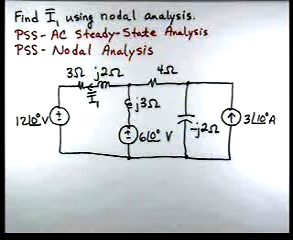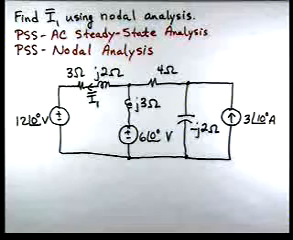In this problem, we're defining the current I1 using nodal analysis. We can see where I1 is labeled on the diagram. We're going to use nodal analysis, so we're going to use our problem-solving strategy entitled AC Steady State Analysis, as well as the one entitled Nodal Analysis. And if we